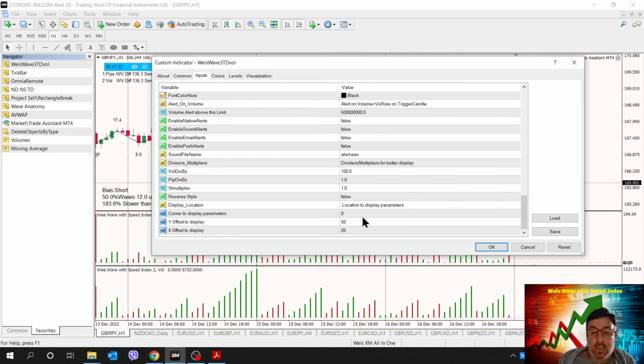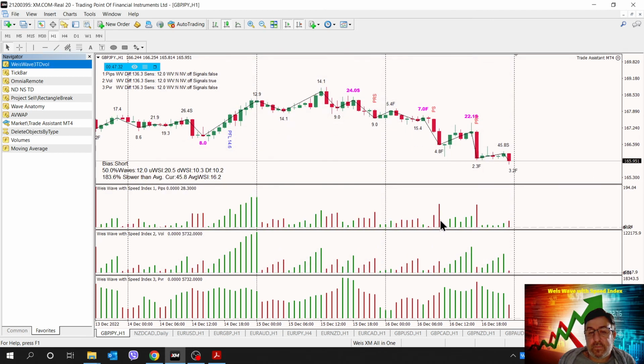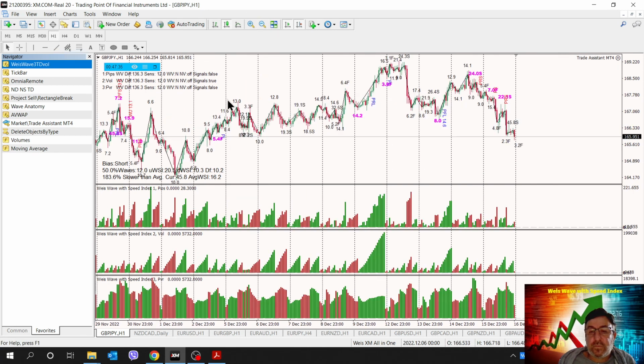Okay, and what else? The shift of the offset. The offset is at 50, 70. Now we're going 20 more, 90. Okay. So now we've got three indicators. And let's look at just a small example with the numbers.